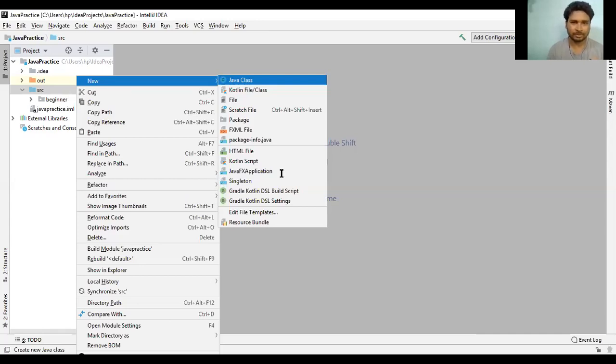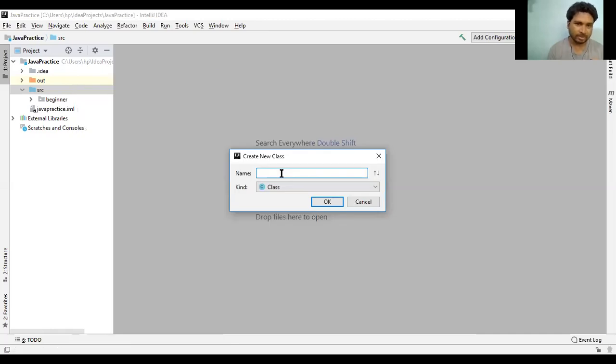When you click Java class, it asks for the class name. Suppose my class name is Addition. Remember one thing, the class name should start with a capital letter. It is a better naming convention. We'll discuss it later when we move to classes.